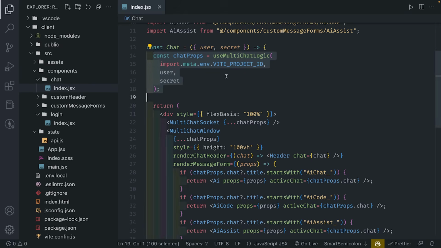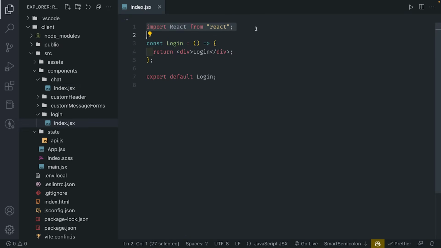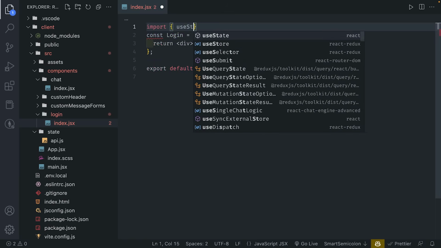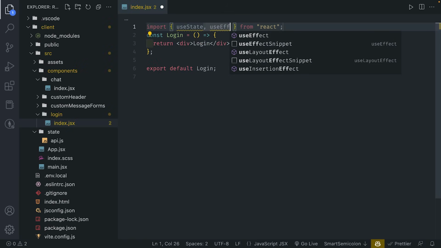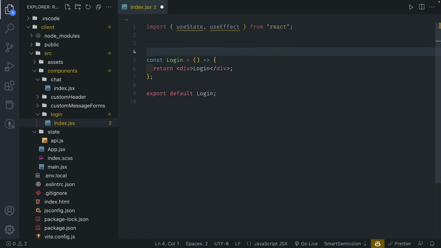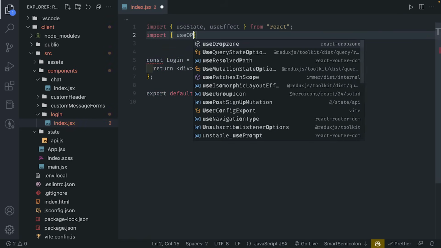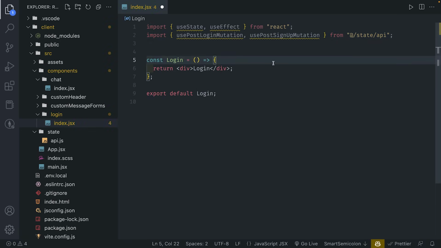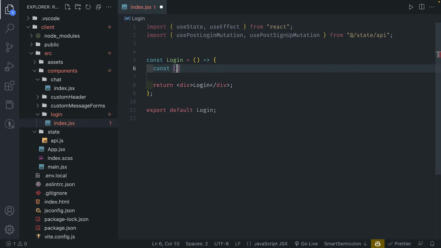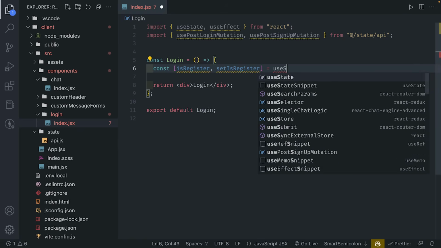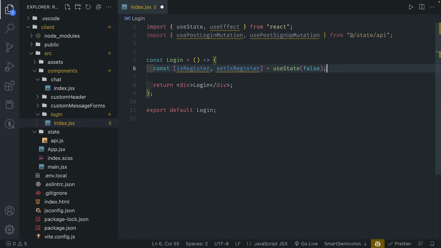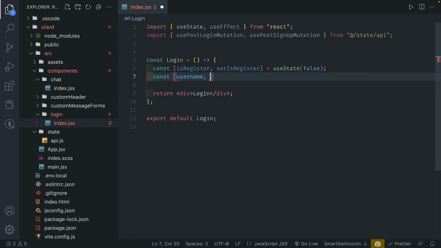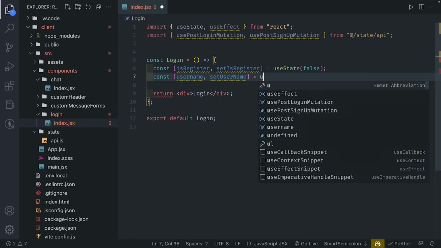And with that, we're going to go back to our login component, and we're going to start from here. So inside our login component, I am going to import useState and useEffect as well. And I'm also going to import the APIs that we just made. So use post login mutation and use post sign up mutation. And inside here, I'm going to do const isRegister, and we're going to do setIsRegister like so. I'm going to do useState. I'm going to set this to be false, and I'm also going to set the username, and we're going to do setUsername with useState